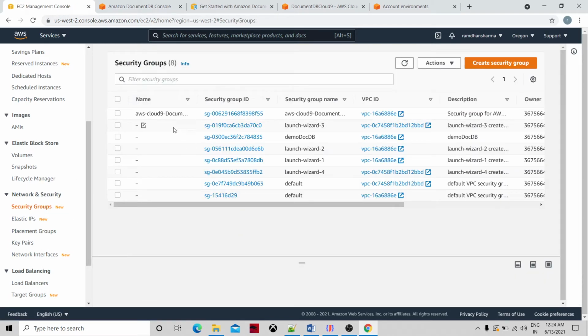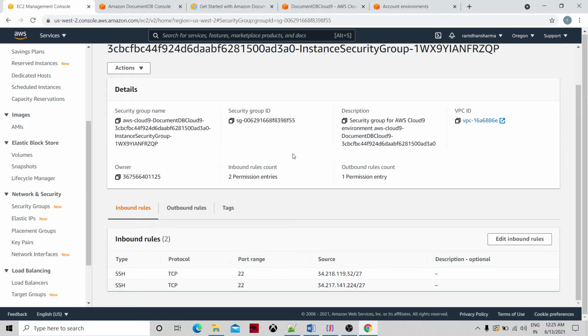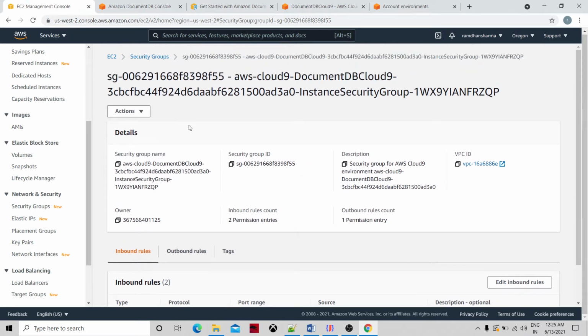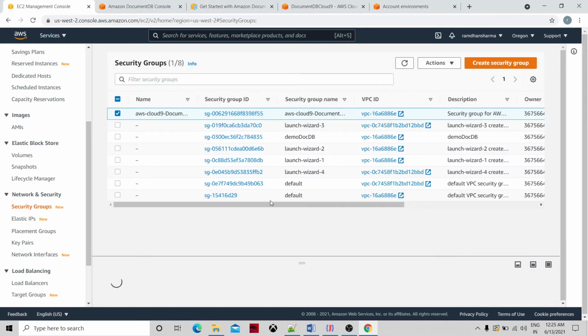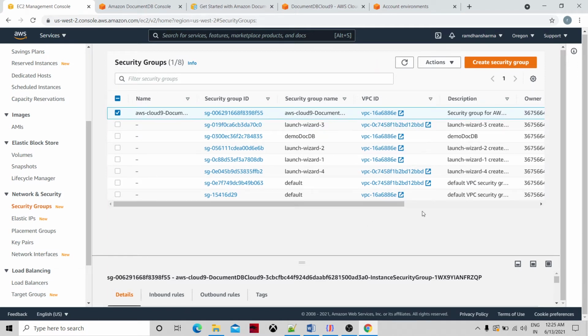So let's go to the EC2 dashboard, where we have the security group option under network and security. I have created this security group. What you need to do in this security group is, let me go to the security group. Yes, this is the Cloud9 DocumentDB one.